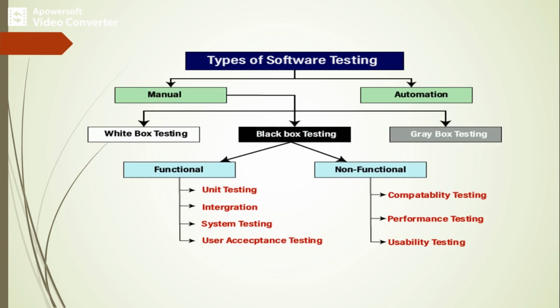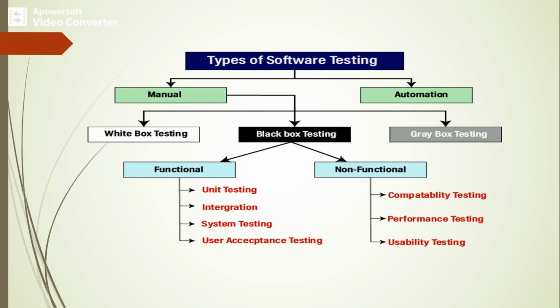So now, black box testing is once again split into two categories, that is functional testing and non-functional testing. What is meant by functional testing? Functional testing is testing when we are designing a product. At that time only we are going to test. For example, in the V model we have seen unit testing, integration testing, system testing, and the last one is user acceptance testing. These are all what we can call functional testing.